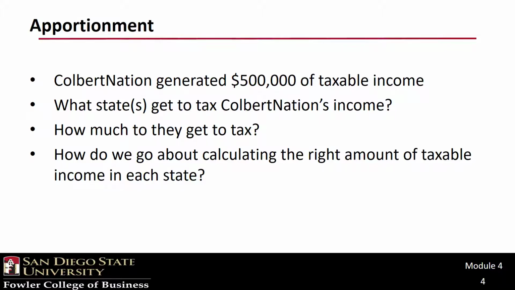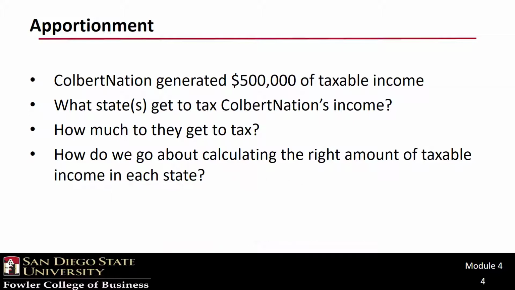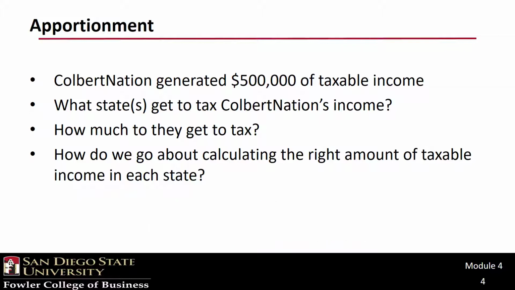That won't work. Okay, so what if we use a uniform distribution, where you take the $500,000 and just divide it by the number of states that have nexus? This would avoid the double, triple, or greater taxation of the $500,000, but how would the individual states feel? If Colbert has 30 clients in New York and 1 in Rhode Island, and the revenue generated from these is consistent with the number of clients, does Rhode Island deserve as much of the income as New York? I doubt New York would think so.